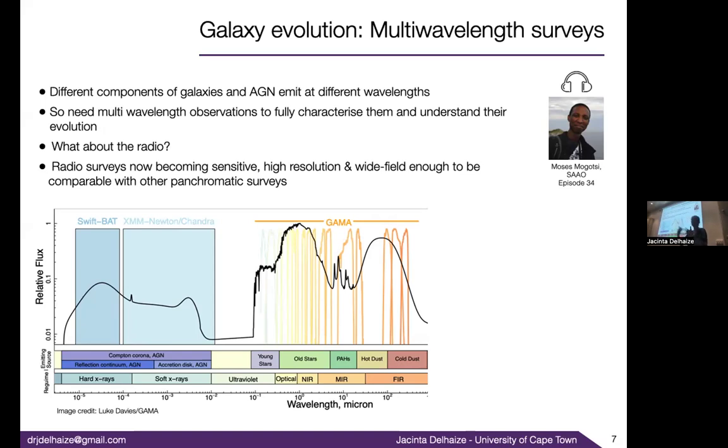And then, of course, to try and figure out evolution, so as you look at galaxies that are further and further away. But from this plot here, where we've got X-rays over here, we've got UV, we've got optical, and we've got infrared, this is a typical spectrum, SED, of a galaxy. What we're missing here is the radio,